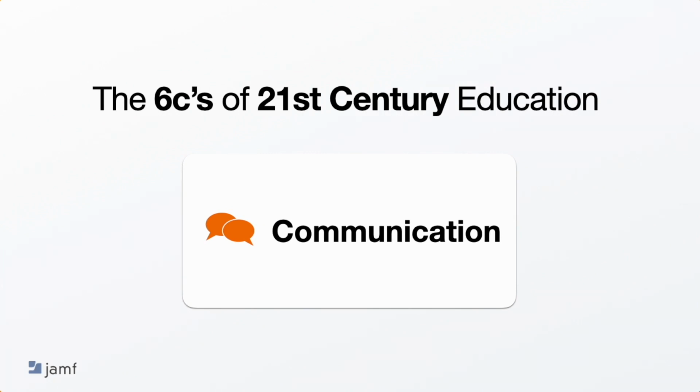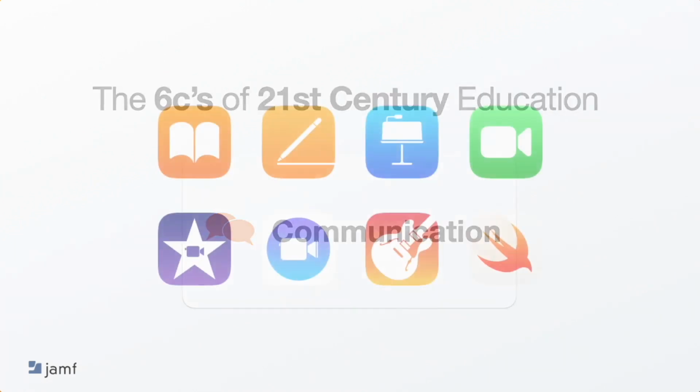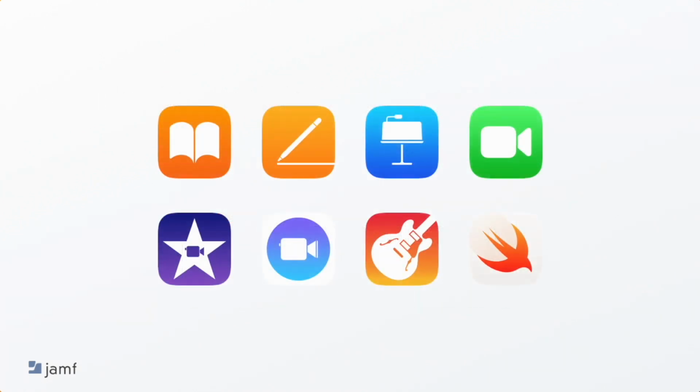We have to be able to communicate with one another and communicate effectively with one another. All of the aforementioned apps, the productivity apps and the creative apps, can be used to communicate the solution to problems and are great ways to demonstrate a product of project-based learning. However, specifically looking at the FaceTime app, that is the last icon on the first row here, and removing it from a consumer model perspective and making use of it for education,